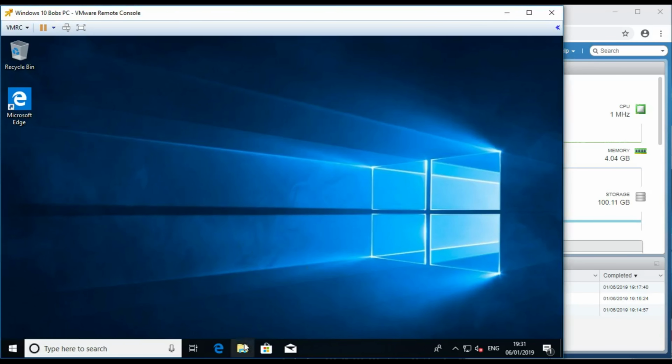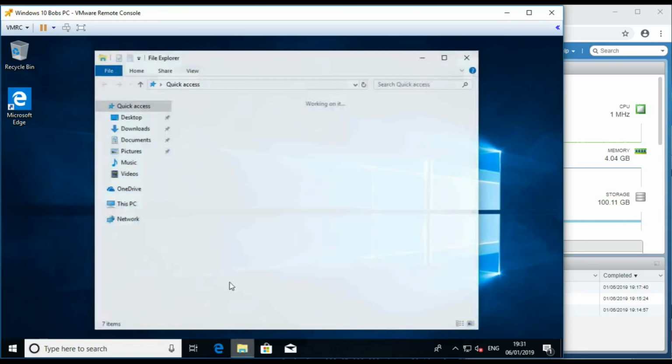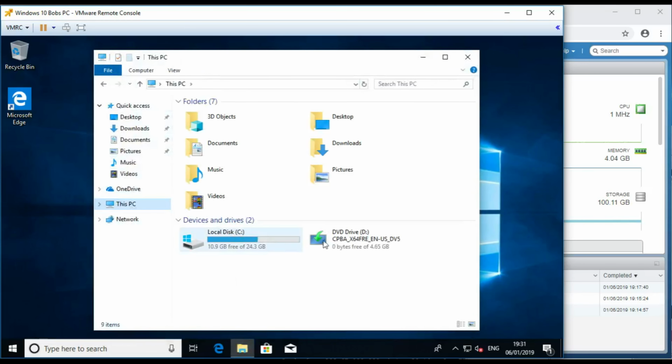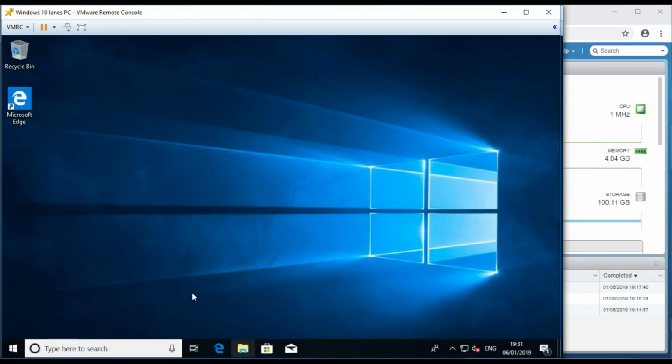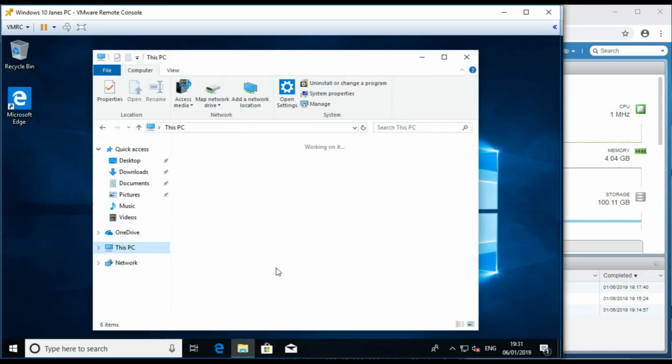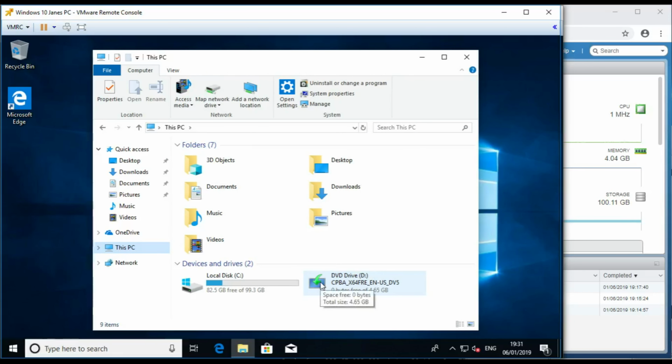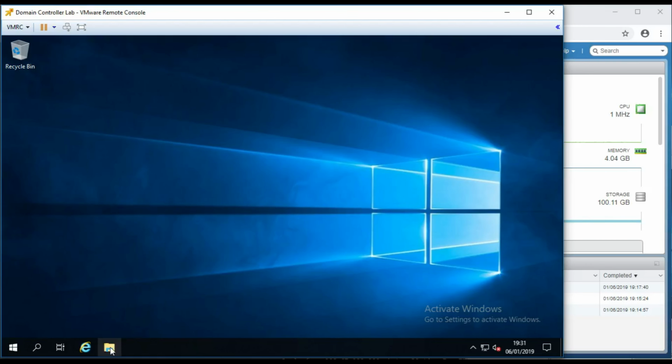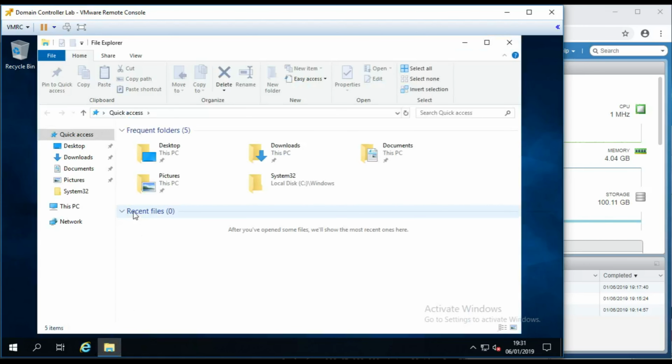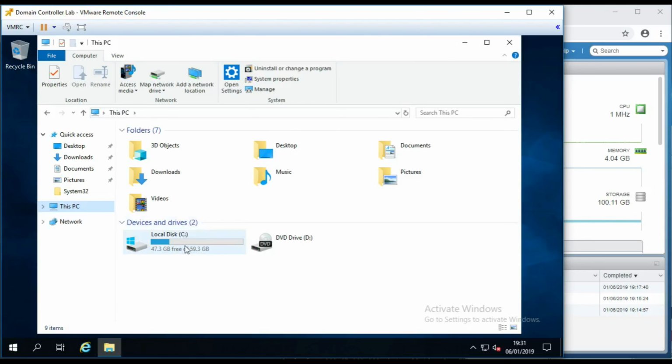Now I'm going to go over to my client computers, so this is Bob's computer, and if we look at this PC, we see we've got the C drive for Bob and a D drive, which is his CD drive, and same for Jane's PC. There's no shared folders that they have access to. There's not like the N drive or the shared document folder or the company share. So we're going to start by doing that on going back to the server,